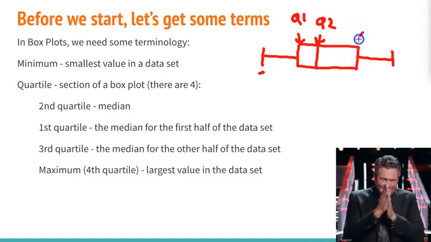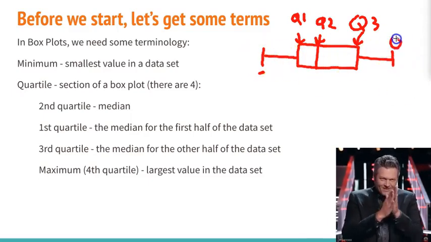The third quartile, which is over here, is the median of the other half of the data. Which, if you think about it, most of the data, especially if it's something that has a spread that's not very wide, and it has a lot of data centered, kind of like what we did with the dog weights and ounces, it's going to make sense that the box is going to hold the majority of what goes on. And then we have these whisker parts that come off showing the minimum and then the maximum, or